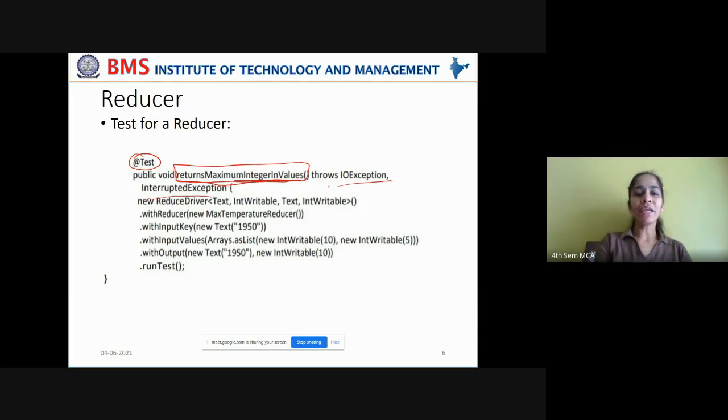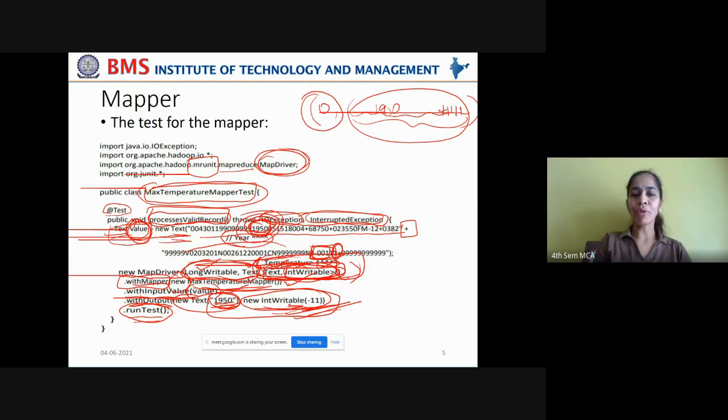Now, you have to create a new reduce driver. In the previous case, you created a new map driver. Now you are creating a new reduce driver, right? And this reduce driver also takes what input? In the form of key value pairs, and what output does it expect? Again in the form of key value pairs. So you are taking the input as Text and Iterable. This input is nothing but the output given here. You observe the output given here by the map driver phase.